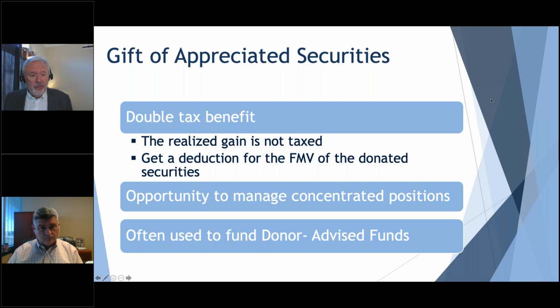But for example, if you're in a 20% capital gains rate, and you're going to try to spend that $10,000, you're going to liquidate it. You're going to pay $2,000 in capital gains tax, leaving you $8,000 to spend. So one of the beauties of making a gift of appreciated securities is it gives you a way to spend that money that is not taxable,